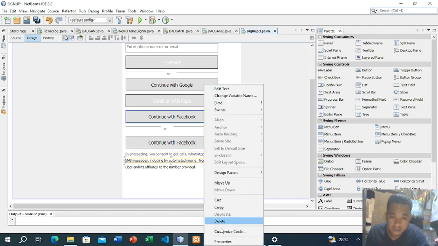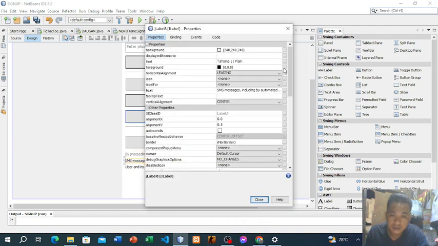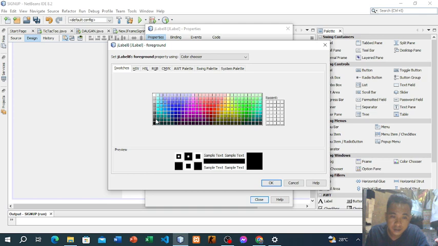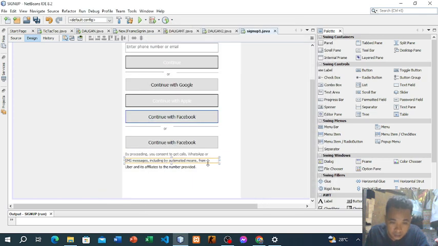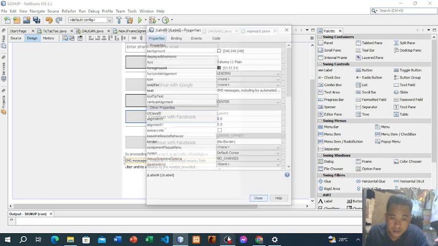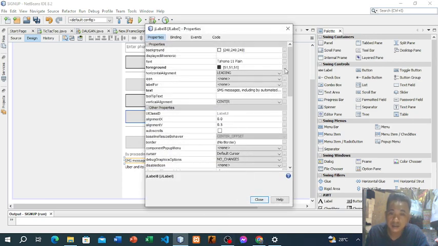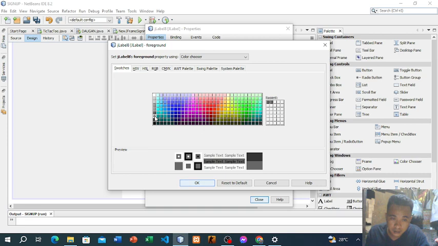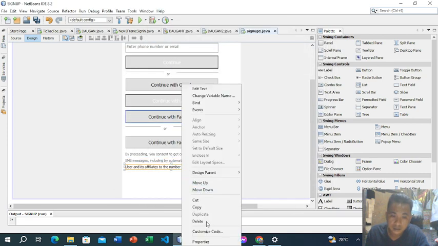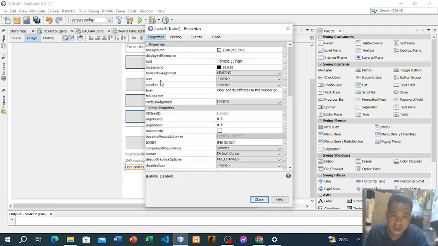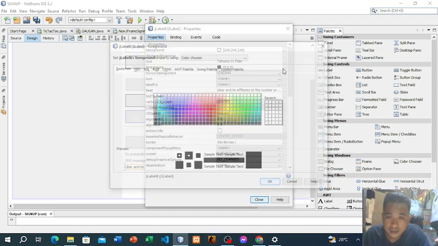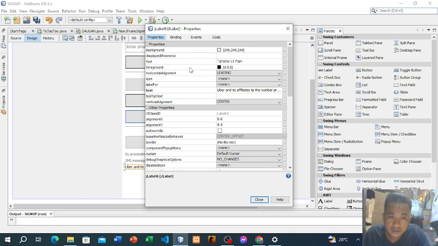Close, properties, go to foreground, same. Okay. Oh, I'm sorry, it's a little bit dark, lighter. Okay, same goes here. Go to properties, change the color to foreground.